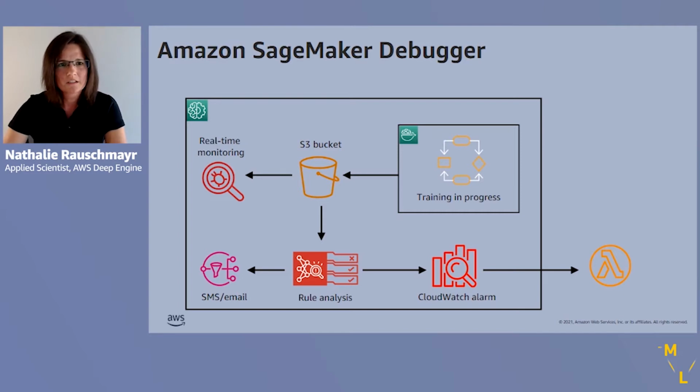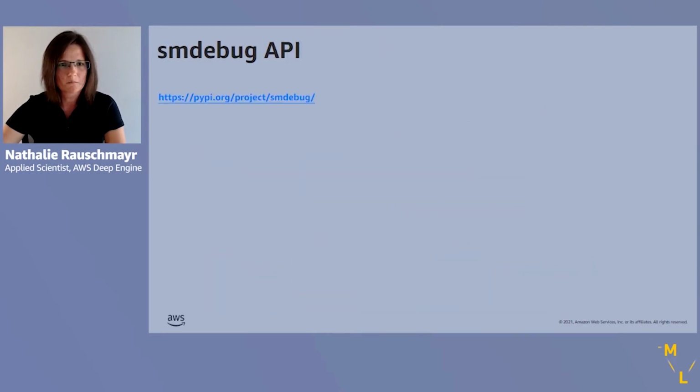You can also use the real-time monitoring capability while the training is still in progress. You can already start fetching the data and perform all sorts of visualization and analysis. Let's take a closer look at the real-time monitoring feature. SMDebug is the open source library of SageMaker Debugger. It's a library that allows you to access, query, and filter the tensors recorded by SageMaker Debugger. You can find the library on PyPI, so on your notebook instance, you can just do pip install smdebug.